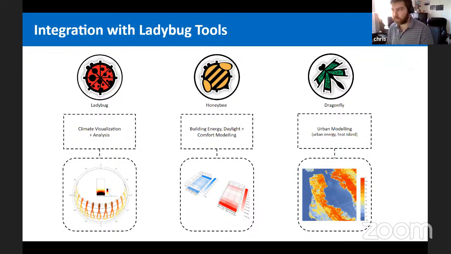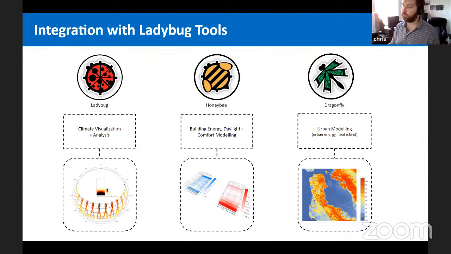Yeah, over the next 15 minutes, I'm going to give you a bit of a tour of the interface that we've built for URBANopt in Rhino Grasshopper. And just to situate ourselves within the whole Ladybug Tools plugin suite right now, everything I'm showing you is from the latest plugin that we just released 2 months ago. So it's officially released on Food4Rhino 2 months ago. So those of you familiar with the legacy plugin, this is a brand new replacement for that. And so I'd encourage you to go and install from Food4Rhino